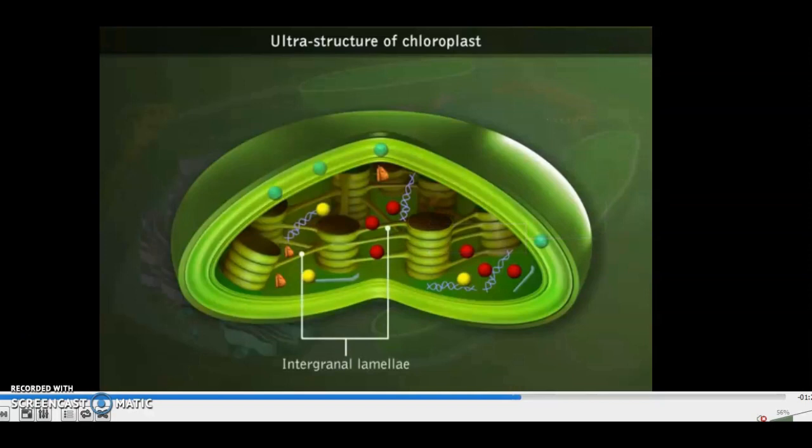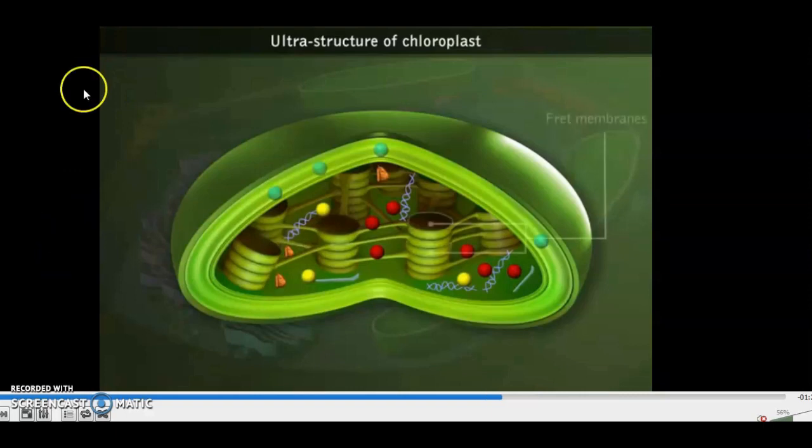Some of the thylakoids of a granum are connected with the thylakoids of another granum by a somewhat thinner membrane called the stroma lamellae, also called intergranal lamellae. Both thylakoid membrane and stroma lamellae are composed of lipid bilayer and protein. Chlorophyll and other photosynthetic pigments are found in the form of protein pigment complexes, mainly in the thylakoid membrane of the